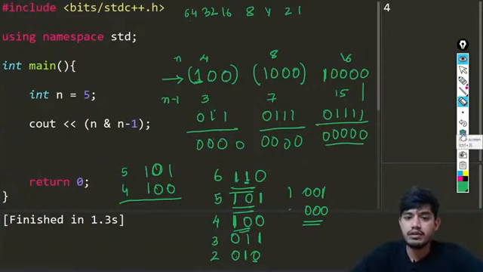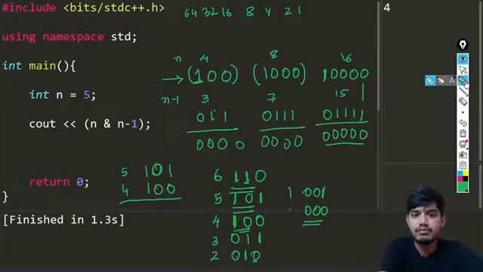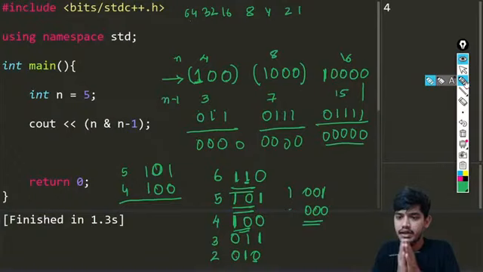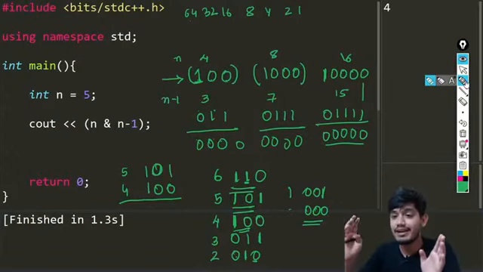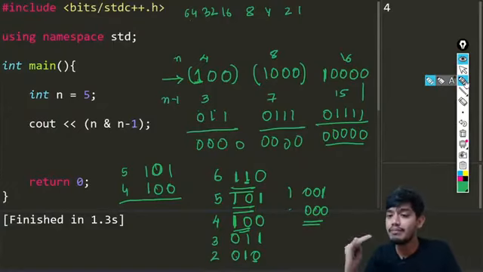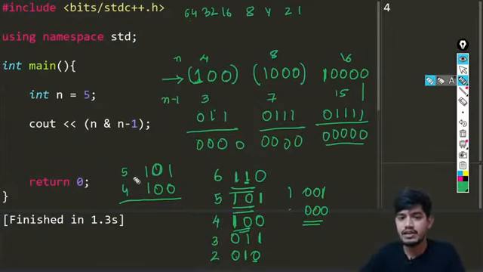Okay, to summarize: suppose we are given any number n, and we do n minus 1. The rightmost set bit will become unset, and all the bits following it will become set. So that is what is happening.